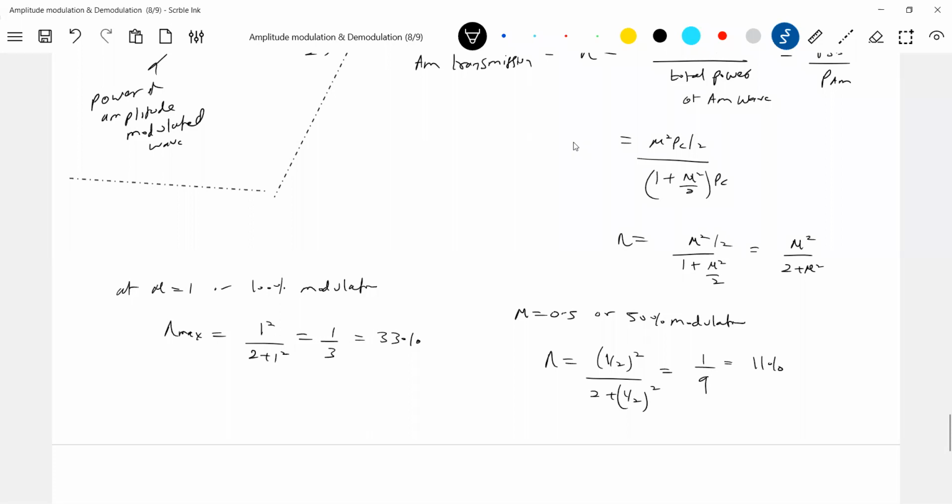So that is the maximum possible efficiency. Okay, I agree. So these are the basic ideas of this amplitude modulation. I think still most of you didn't understand what actually